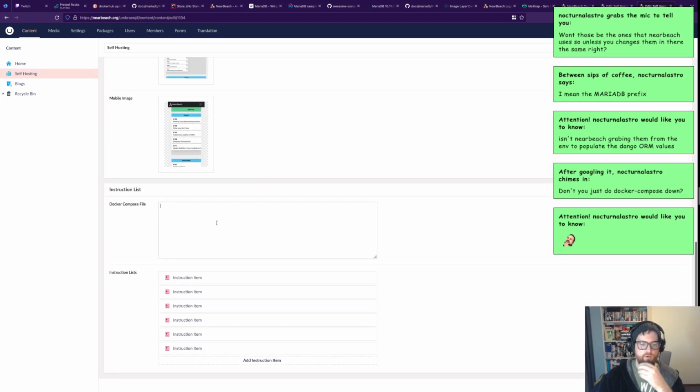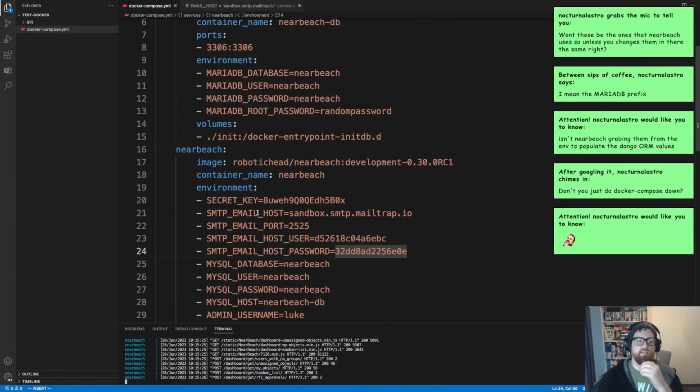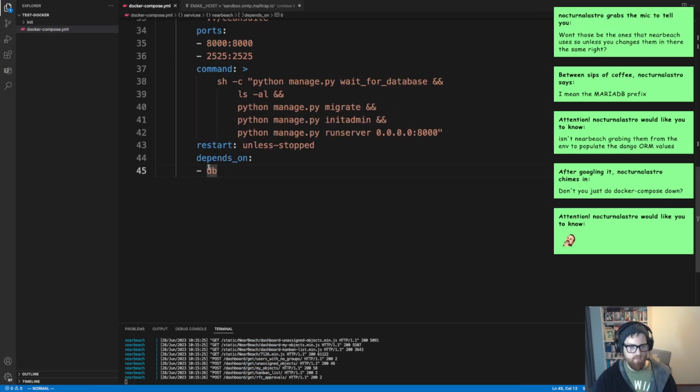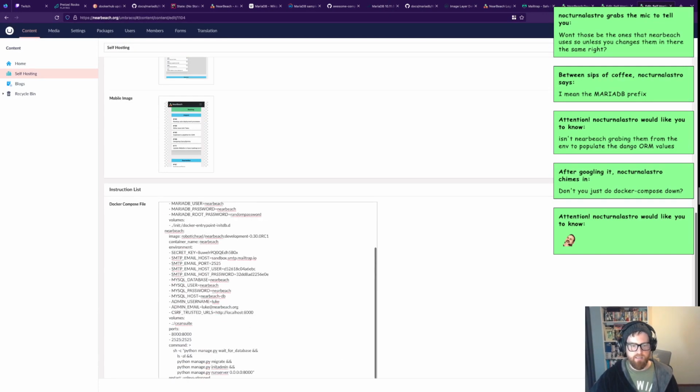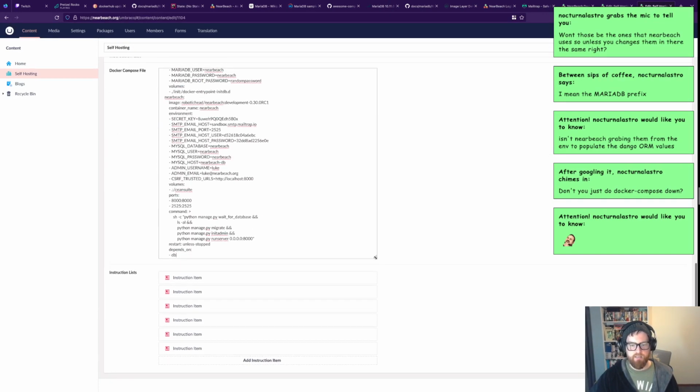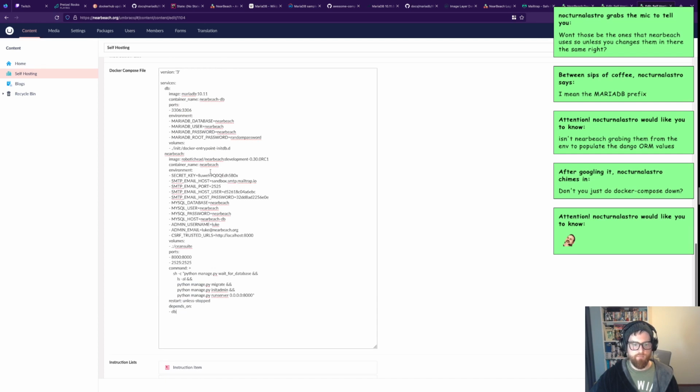So at the moment, we've got the Docker Compose file in here. So we want to actually copy all of this. We want to paste it in like this. We want to expand this out so we can actually remove stuff from it, because we'll need to remove this, and all that kind of stuff. So image 1011, container name nearbeachdb, port supports MariaDB. The database is,